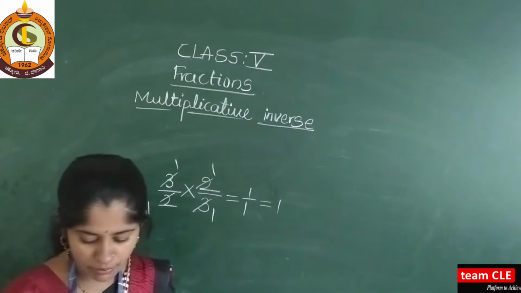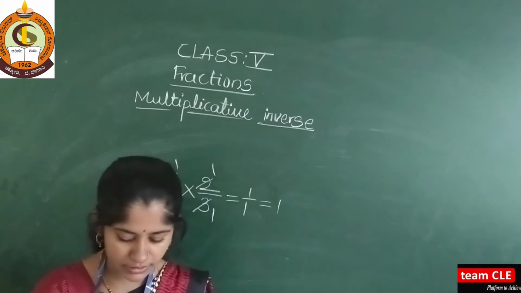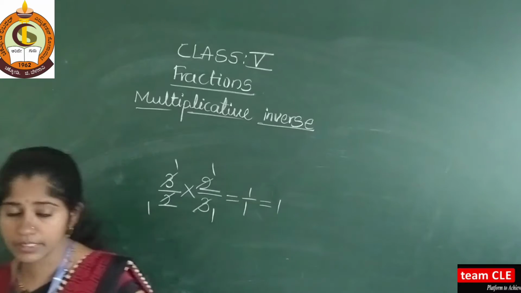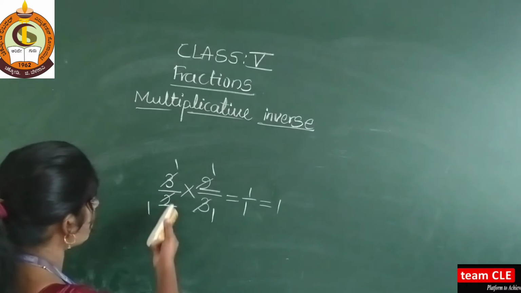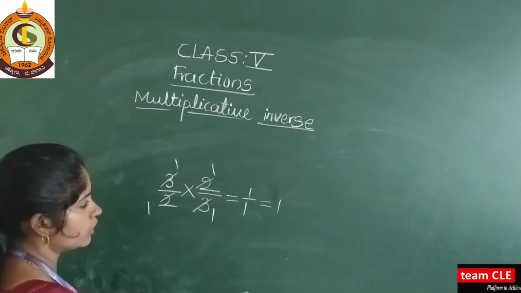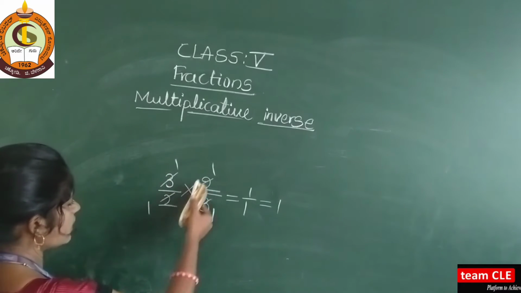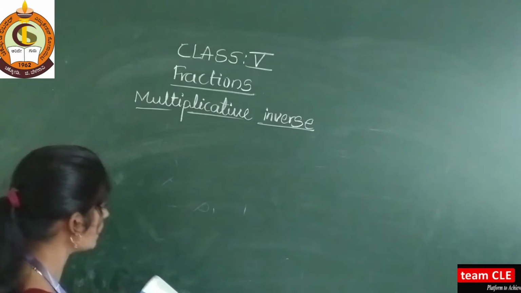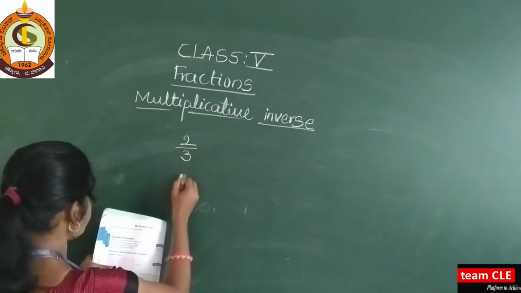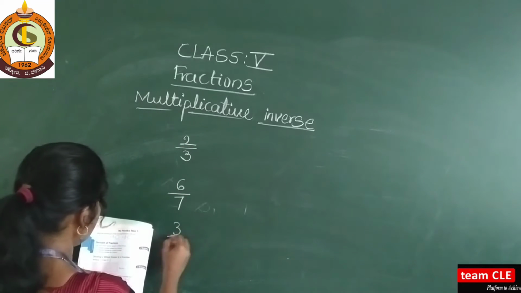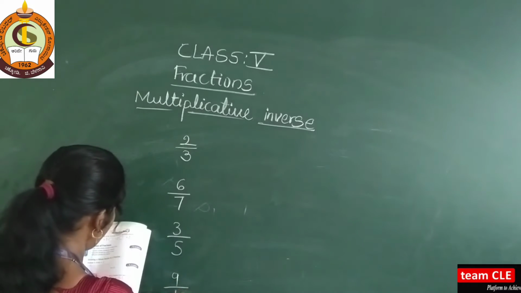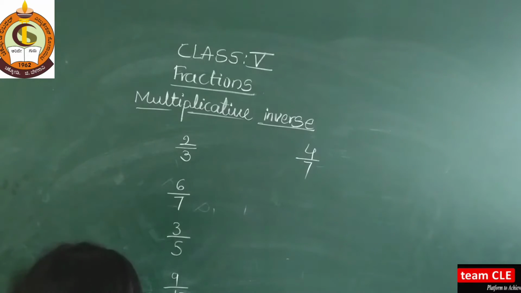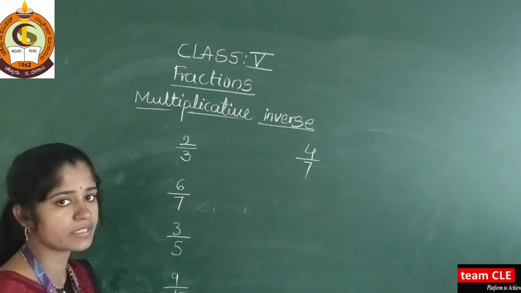Okay, so in the same way you have Practice Time 9. Write the reciprocal of the following fractions in the boxes provided. Keep in mind, reciprocal means you have to write its reverse order to get 1 as the answer. 3 by 2 is there, you write its reverse order 2 by 3. Then how to solve that example? Just see, nothing is there. See here 2 by 3 is there. Next 6 by 7, 3 by 5, 9 by 12, and 4 by 7. So what is its multiplicative inverse? Just now I told you how to write its reverse order.